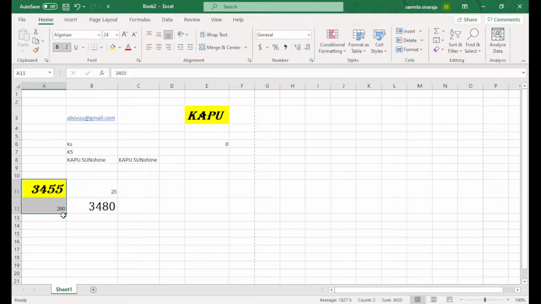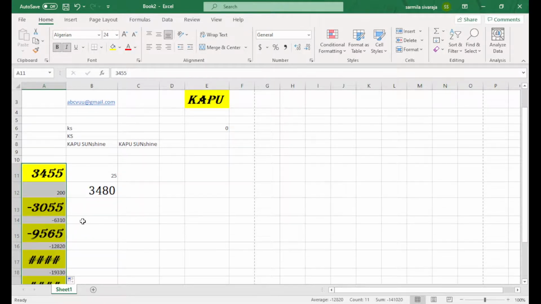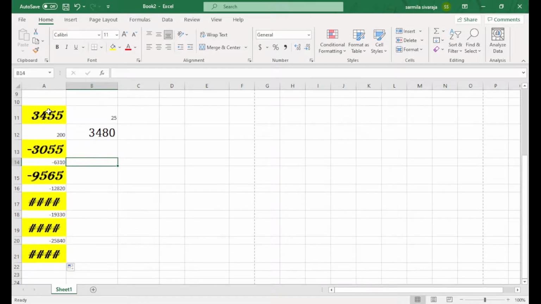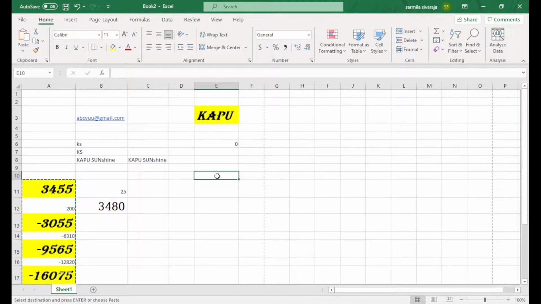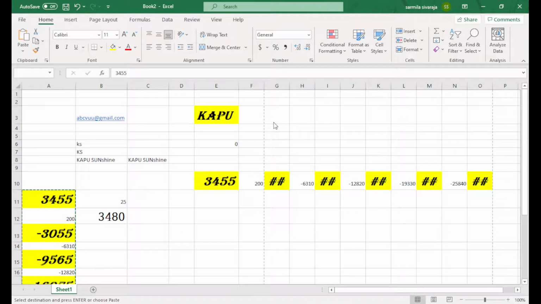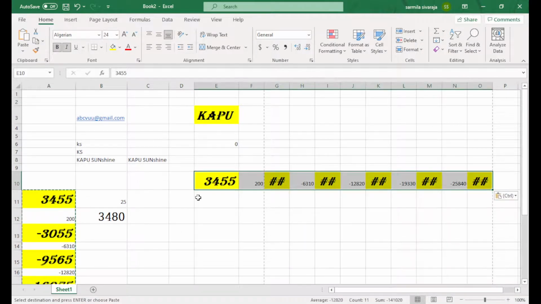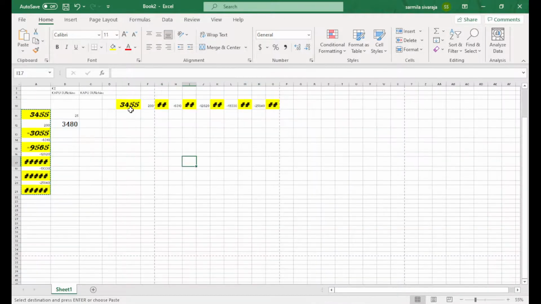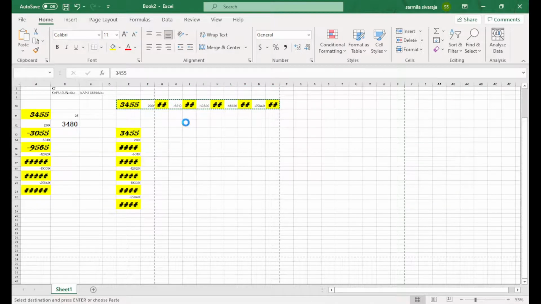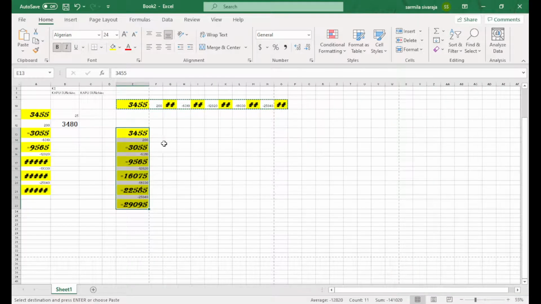Okay, I will copy these things, come here and paste it as transpose. It comes to the x-axis. You can paste something like this also. If I take this part and copy again, go back here and paste it as transpose, it's back to the y-axis. So this is also one of the pasting ways.